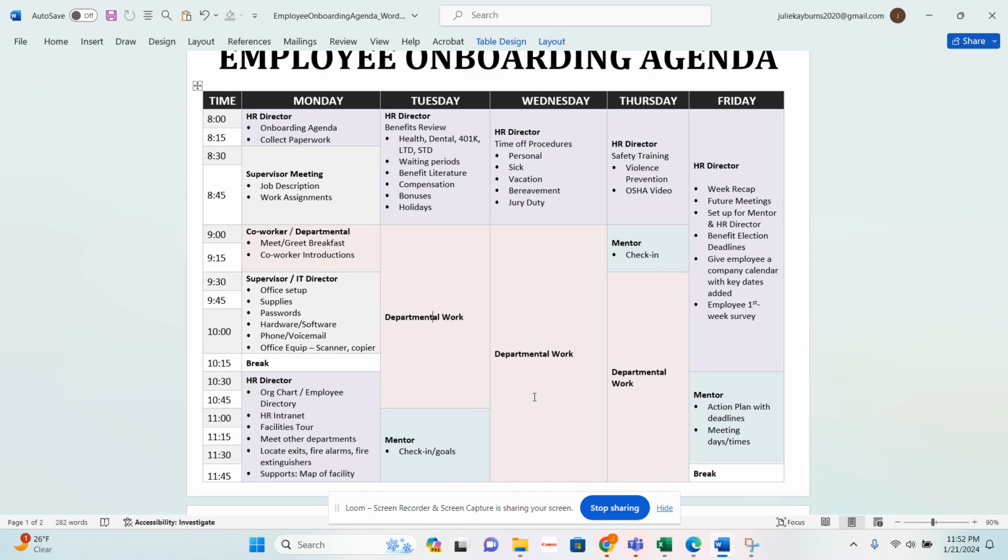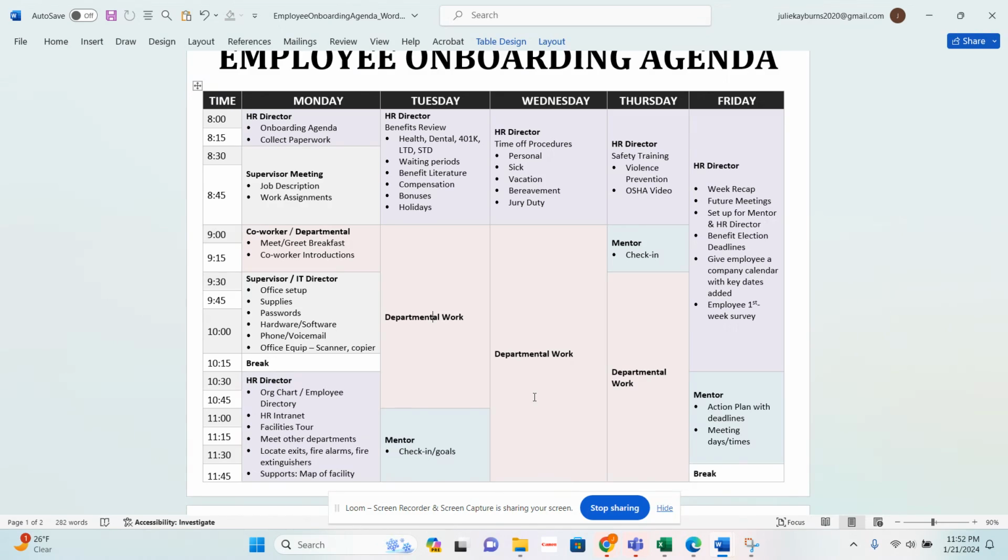The eligibility date, the start date, which health plan do I want to be in, what dental plan, when does this 401k start, long-term disability, STD, waiting periods. It can be very overwhelming. So it's good to have a one-on-one with the HR director regarding this.